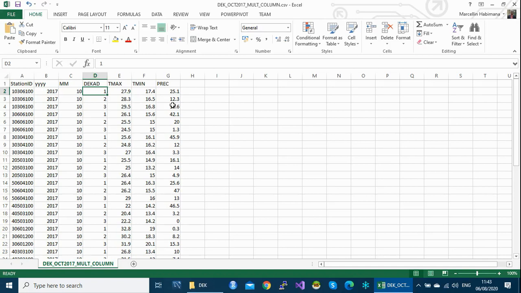Now, after importing, the summarized values will be placed in the appropriate day of the month and be allocated a period that is equivalent to the number of days used in the summary. For instance, decade or monthly summary values will be placed on the last day of that decade or that month. And the period value will be the number of days in that decade or that month. So let's start with decade data.